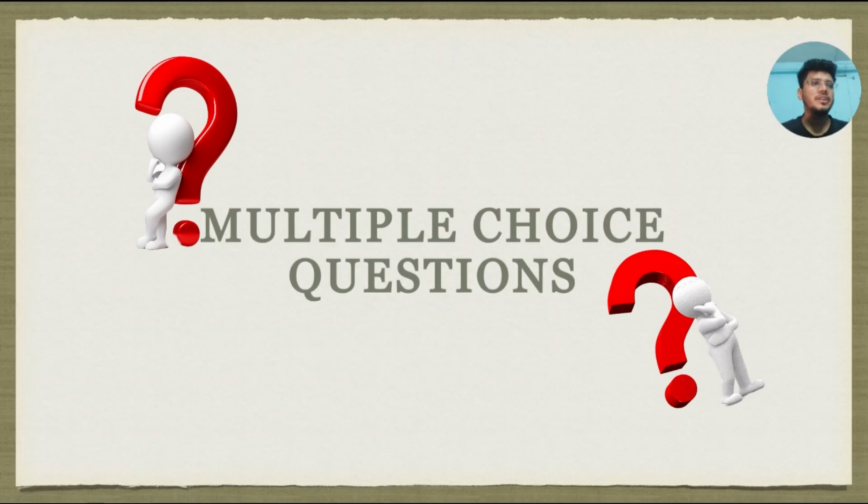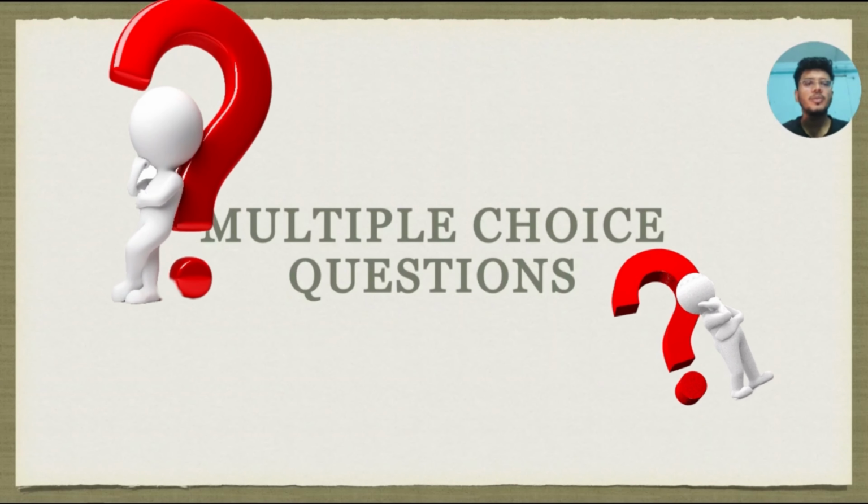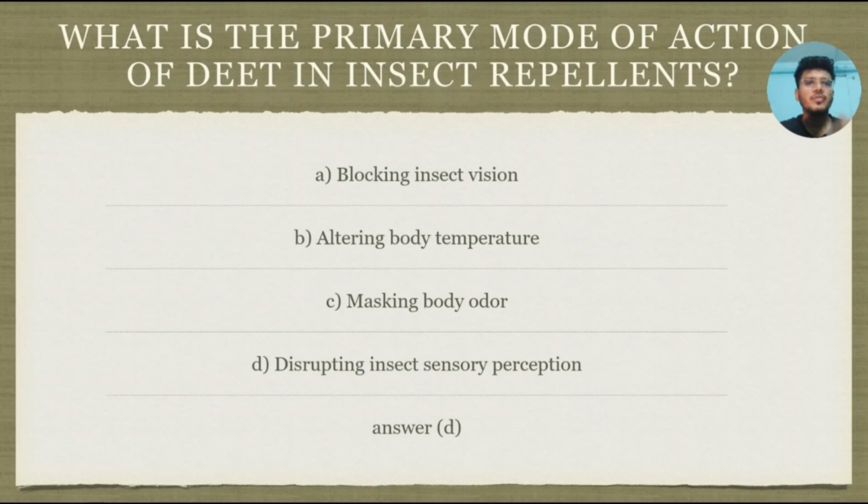Now we'll see some multiple choice questions related to the topics that we have discussed. The first one is, what is the primary mode of action of DEET in insect repellents? The options are blocking insects' vision, altering the body temperature, masking the body odor, and disrupting insect